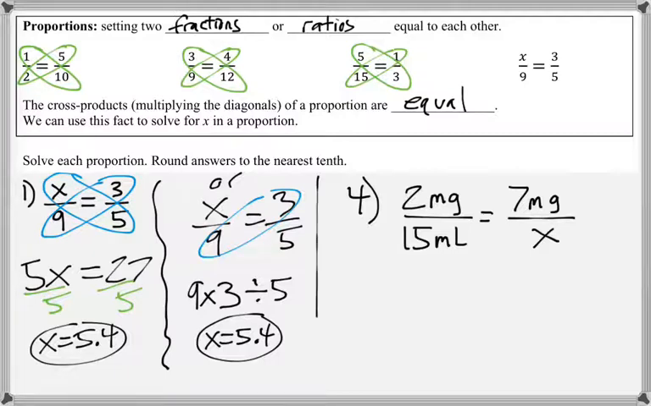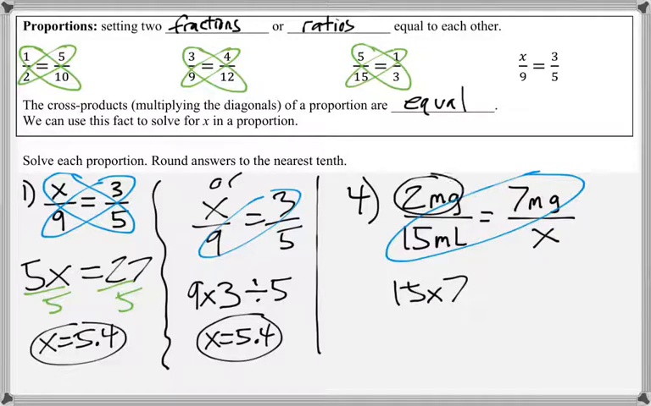Looking at number 4, we have 2 milligrams over 15 milliliters is equal to 7 milligrams over x. So I want to multiply the diagonal that does not have the x. So that would be this diagonal, because this diagonal does have the x. So I want to multiply 15 times 7 and then divide by the last number. So divide by 2. So 15 times 7 dividing by 2, and we get